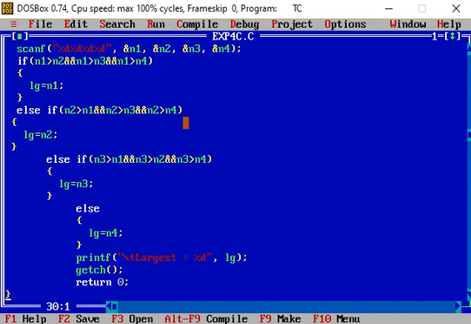If this condition is not true, then the else part of this if is largest equal to n4. And finally, the value of largest gets printed here. printf largest equal to percentage d, the value of LG gets printed at this point.